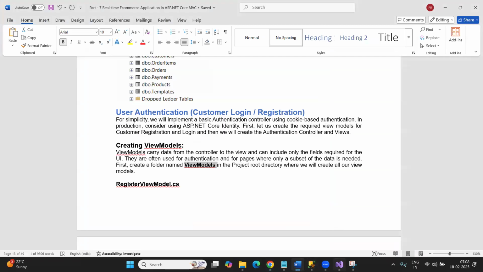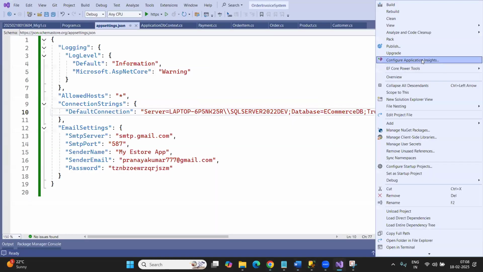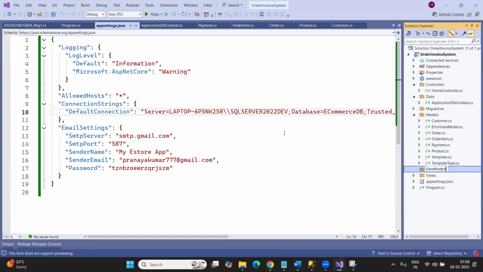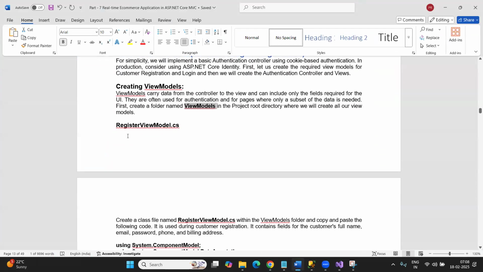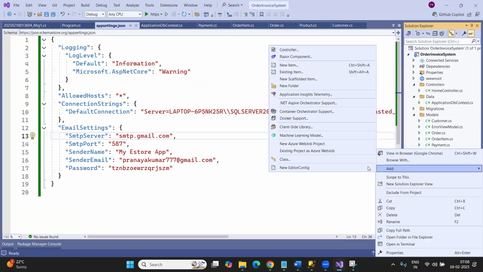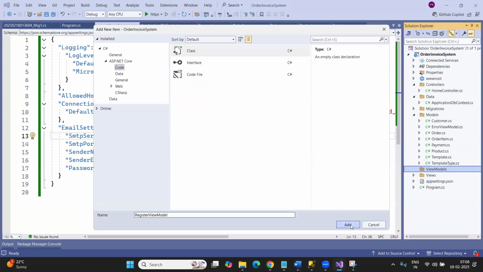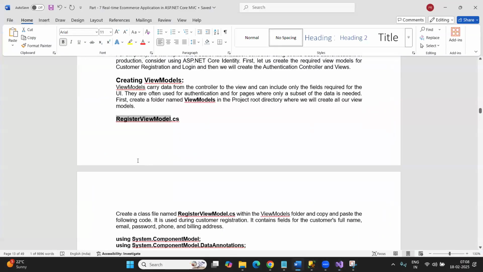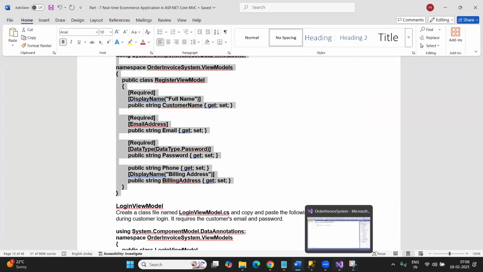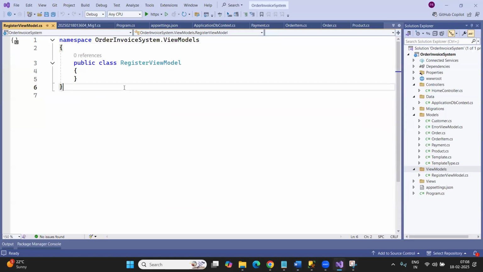For this purpose, I'm going to create a view model folder. So this is my view model folder. Inside this view model folder, I'm going to provide the RegisterViewModel.cs class file. So this RegisterViewModel is going to have this information, whatever you want to store in the